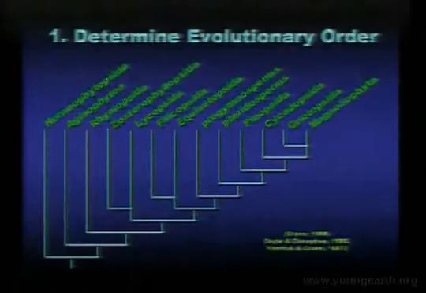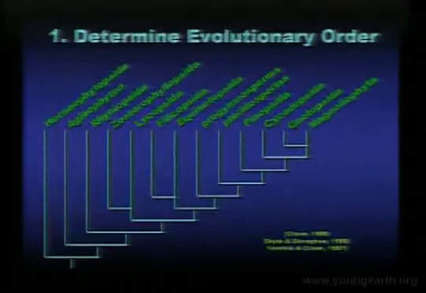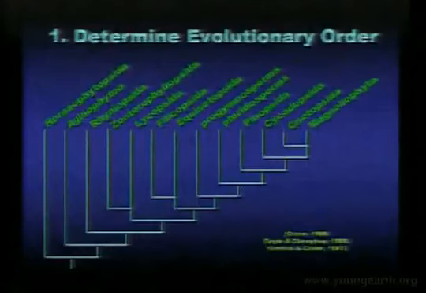So how do we do this? First of all, we need to determine the evolutionary order. What I'm going to do here is focus on plants, and there's a reason for this. When I first did this, I did it for everything, and I found there wasn't much order to explain. There were really only 2 groups where any order corresponded between the fossil record and evolutionary theory: the order of first appearance of the major groups of plants, called divisions in the plant world, the equivalent of phyla in animals, and the appearance sequence of the vertebrates.